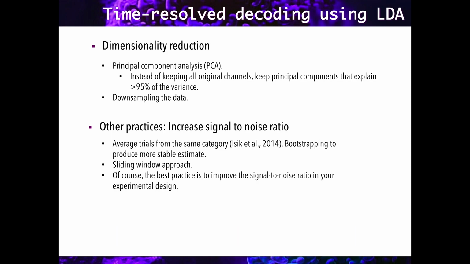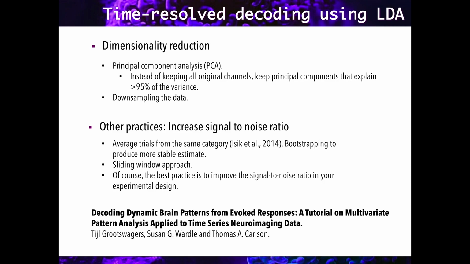Another common practice that you can find is using a sliding window approach, which will work as a kind of low-pass filter on your signal. But in general, of course, there is no better practice than having a good paradigm and collecting a huge amount of trials per category. Anyway, if you want to read more about this topic, I strongly recommend you take a look at this tutorial, where the author nicely shows how classifier performance can change depending on how you treat the features that you will use for your classifier.